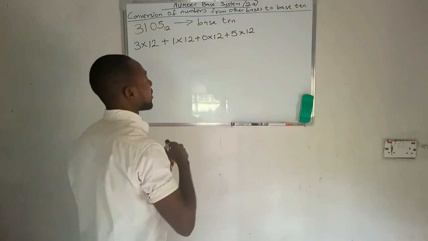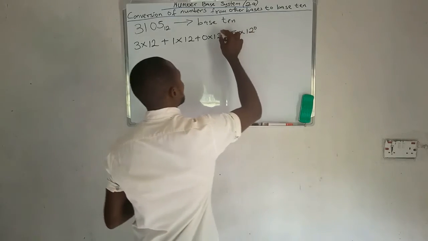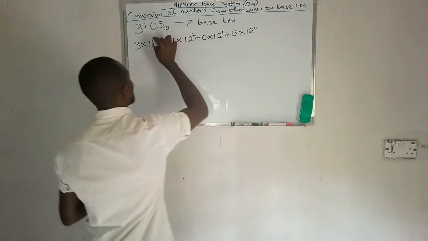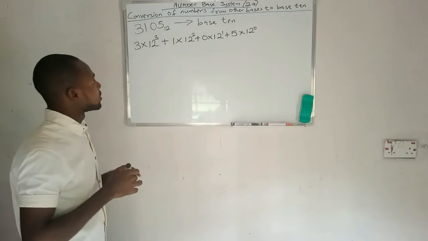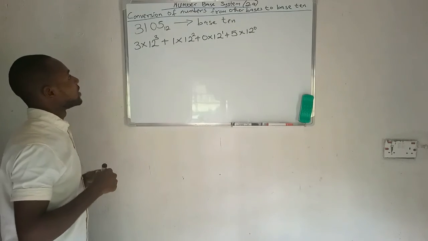And then we'll attach our powers. We have 0 here, we have 1, we have 2, and we have 3 here. So this will be a very big